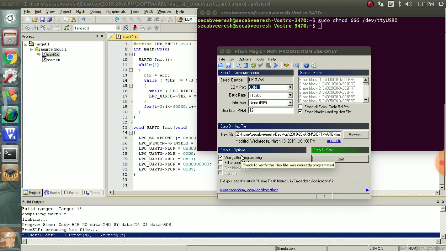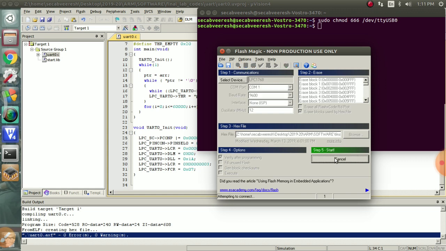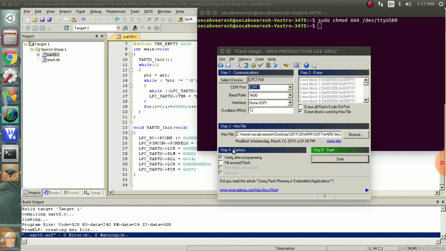We can even press the reset button on the hardware, and on the hardware, switch 3, the ISP switch, should be on. Then change it to 9600 only. You just press the reset button on the hardware.